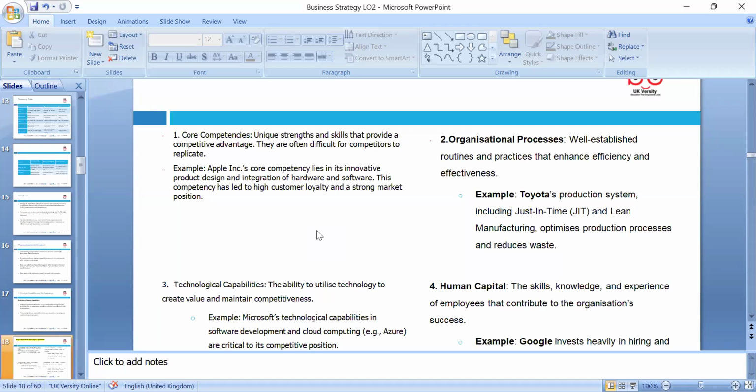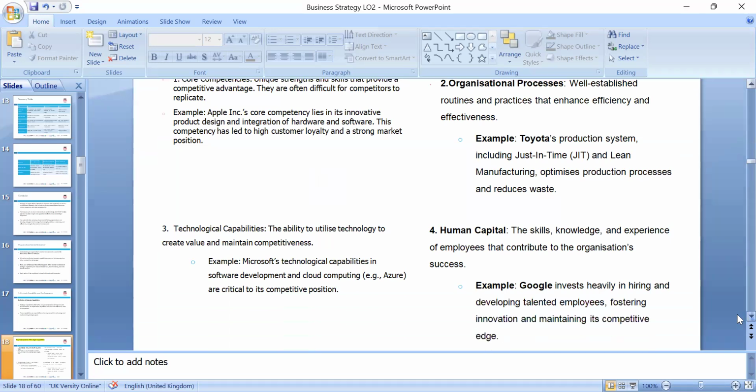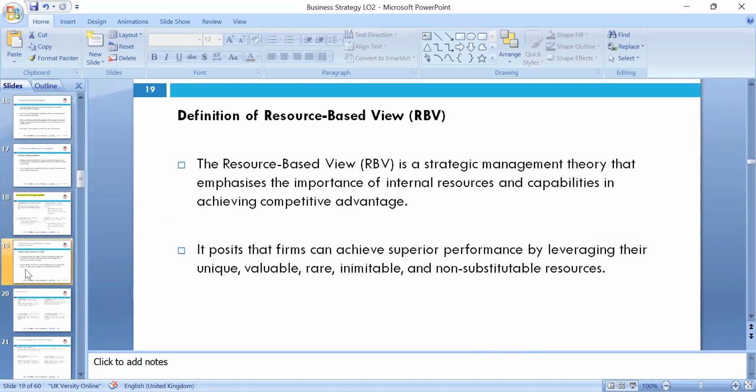Outlook, Microsoft Office, Microsoft Cloud Computing, and we can look at organization processes, like JIT, just in time, how Toyota reduces waste, lean, and human capital, improving skills, investing heavily, like Google. So we can look at these, which bring competitive advantage for our organization if we carry on investing and carry on using. Okay, so RBV, resource-based view, the strategic management theory emphasizing the importance of internal capabilities to